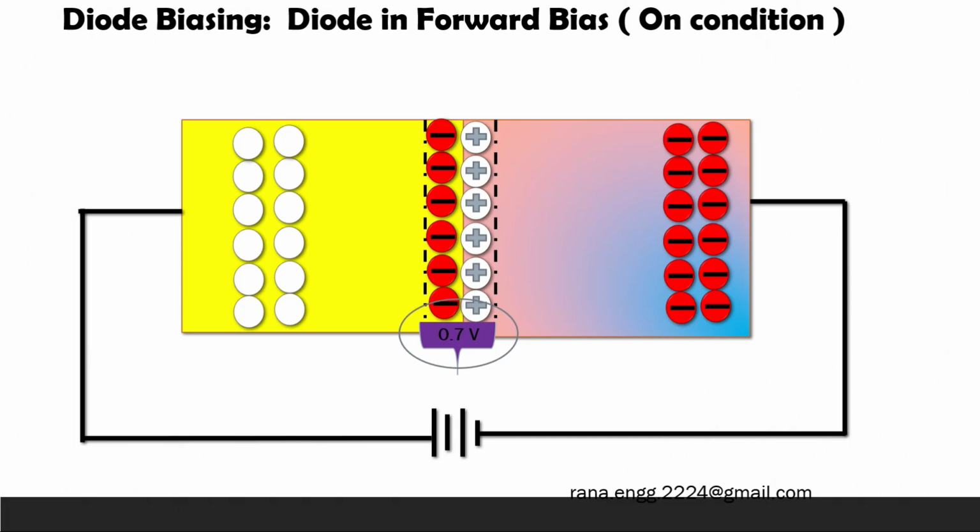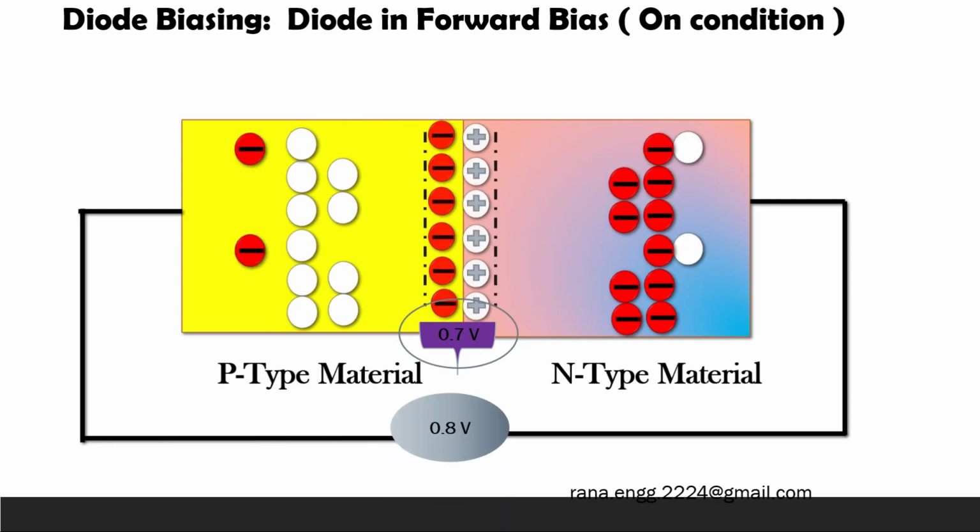Let us now understand this concept by using this particular diagram. Here we can see diode biasing. Diode is connected in forward bias. That means it is in on condition. Diode is made up of two semiconducting materials. One is p-type, another one is n-type. When we give sufficient voltage, we get the conduction of the diode. There is conduction in the diode due to electrons as well as holes.